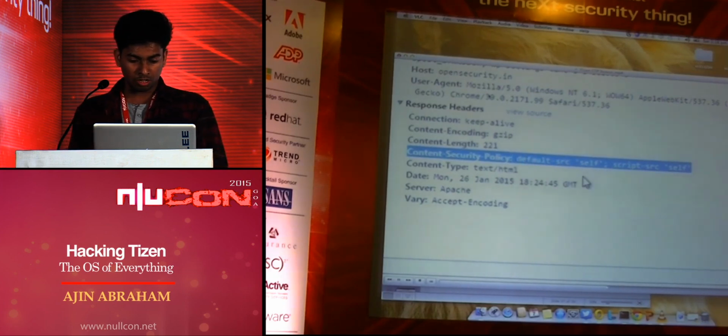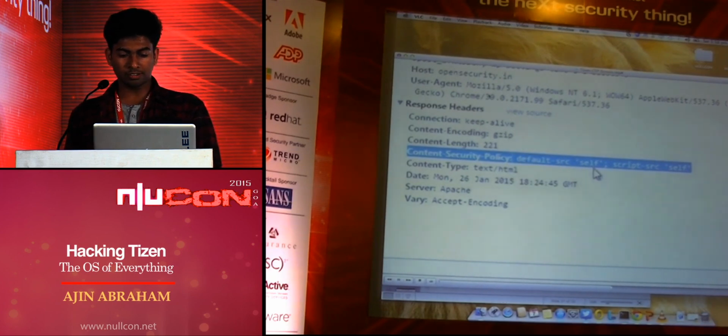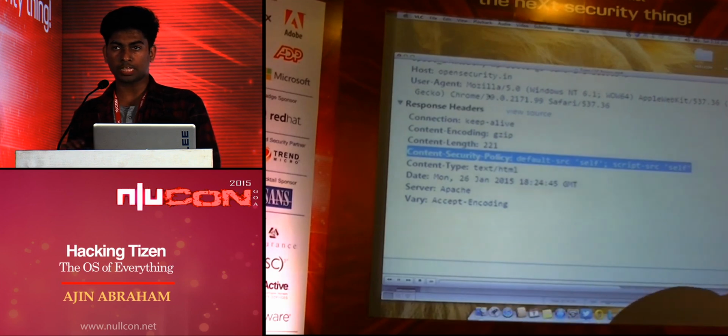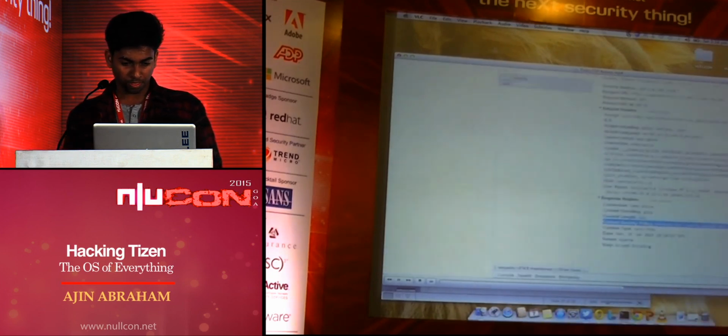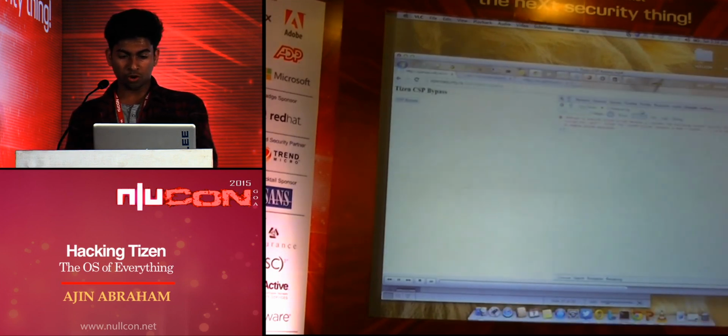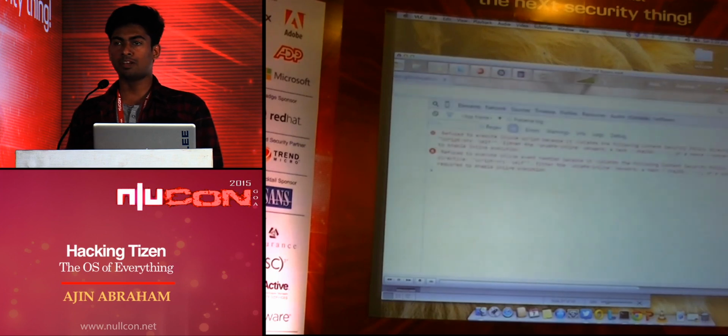I was running this on the latest Chrome, so you'll see what is the expected behavior. If I go to the console tab, there is already an exception, and if I press on that button, you can see that an exception is happening. It's telling that it's a violation of CSP. So this was actually fixed in the WebKit version for Chrome. It's a violation of CSP, and it is detecting it.